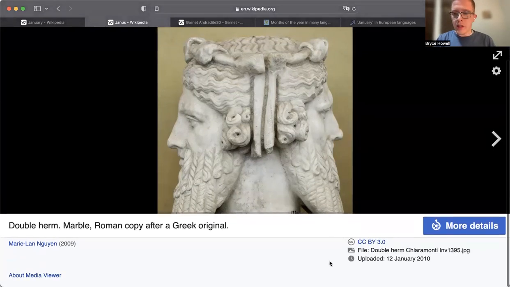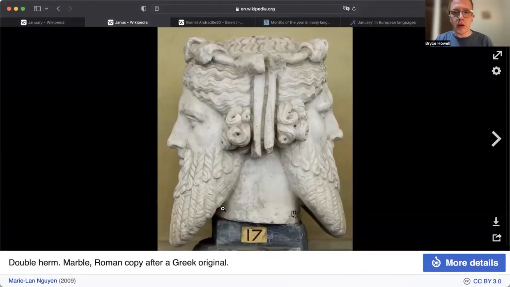you can see where I got this file from right here. It can be found on Wikipedia. Is that he represents new beginnings as well, and I think especially in the new year with New Year's resolutions and things, that's a cool meaning to be aware of, that Janus is a god of new beginnings.